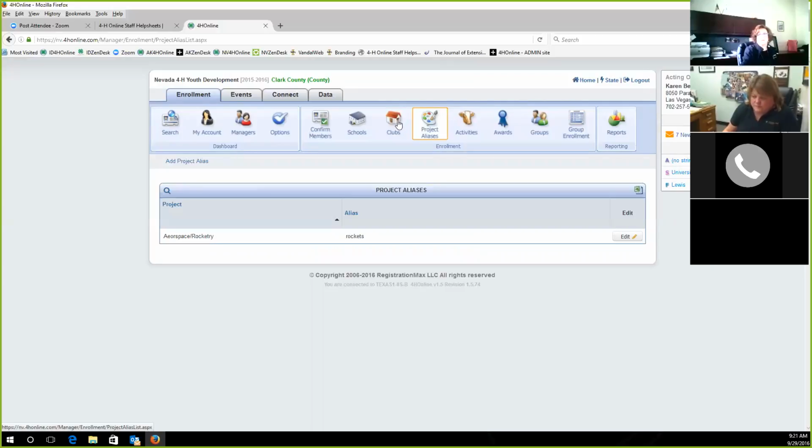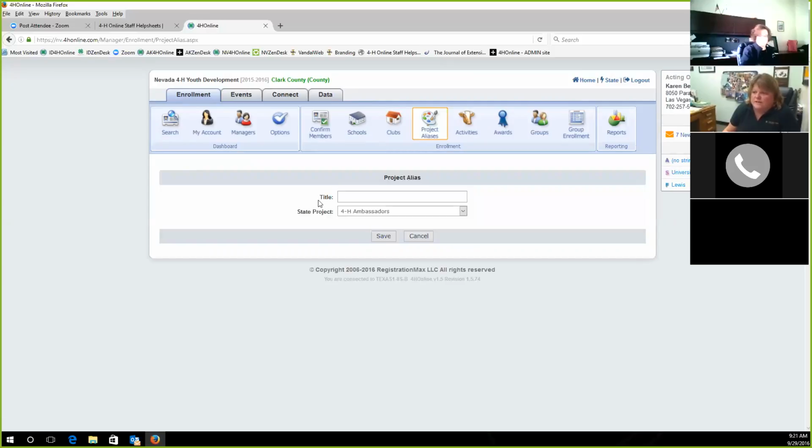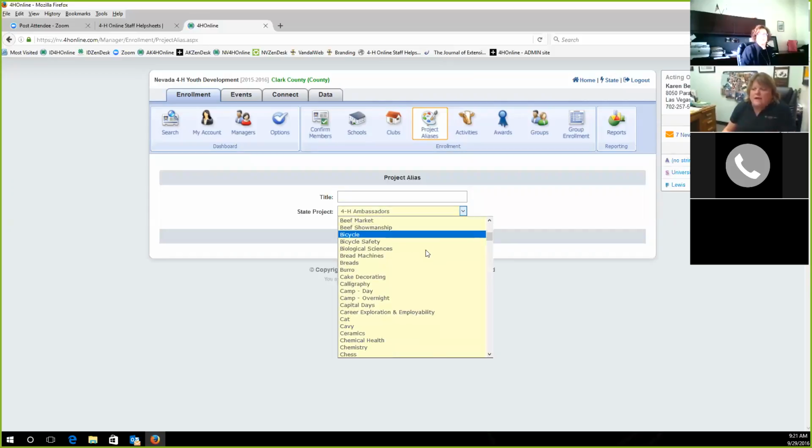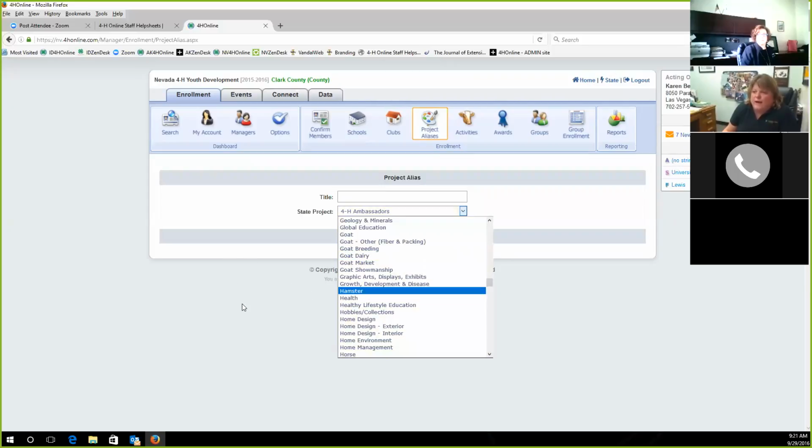Want to set up your clubs. You can also set up your projects. And adding your project aliases is very simple. It's just a matter of entering in the title and then making that connection with the state level list. It's not likely that there's a lot missing off of this list. There's a lot of projects listed here, so be very diligent in checking this before you add a project alias,